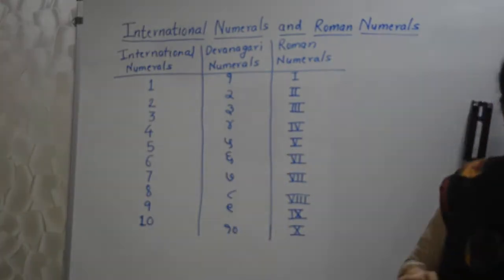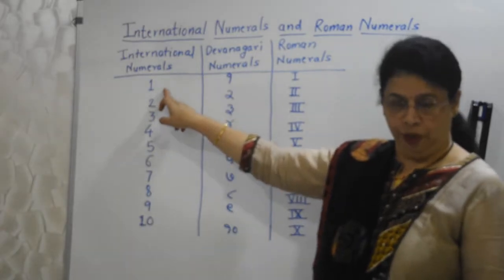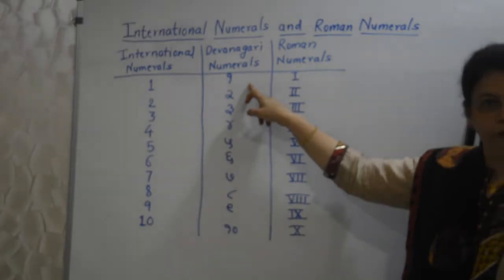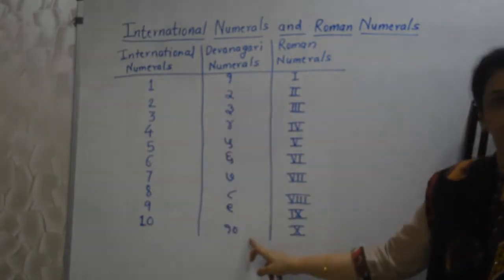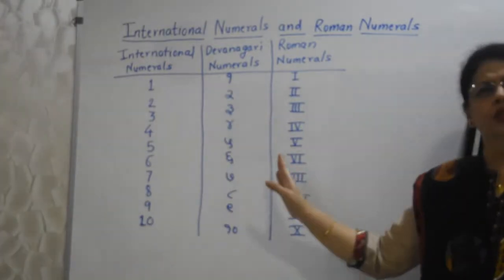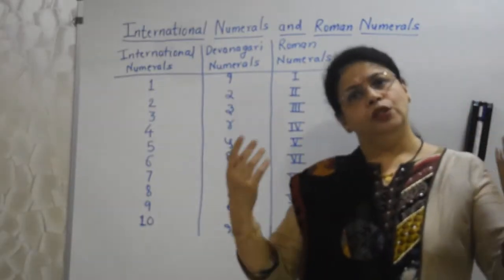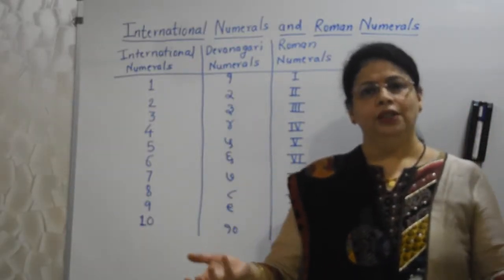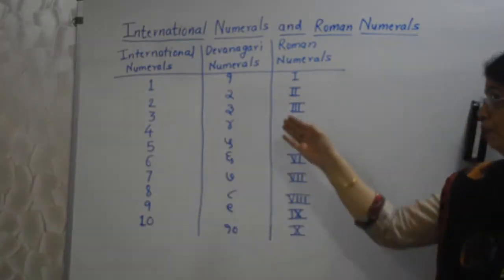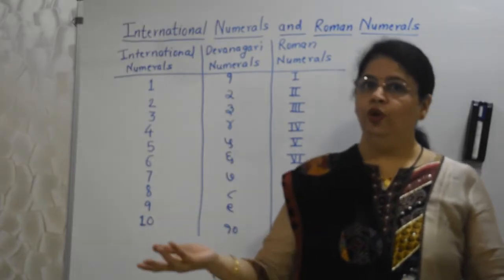Okay? Here your job is to see one in international numeral number. How does it look in Devanagari? See, you can pause the video and see 1 to 10 numbers I have written in Devanagari as well. You can compare. They are almost similar. Okay? Once you know 1 to 10, your job is done, because all 2-digit, 3-digit numbers are combination of 1-digit numbers only. So once you know 1 to 10 or in fact 1 to 9, you will be able to form any number. So no tension.